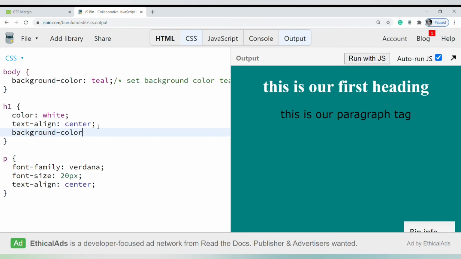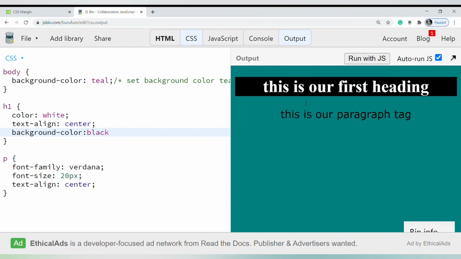Background color I will give here. Now I will give background color red. See, now the color is being changed. I can write any color here. Now I will write black. Changed.